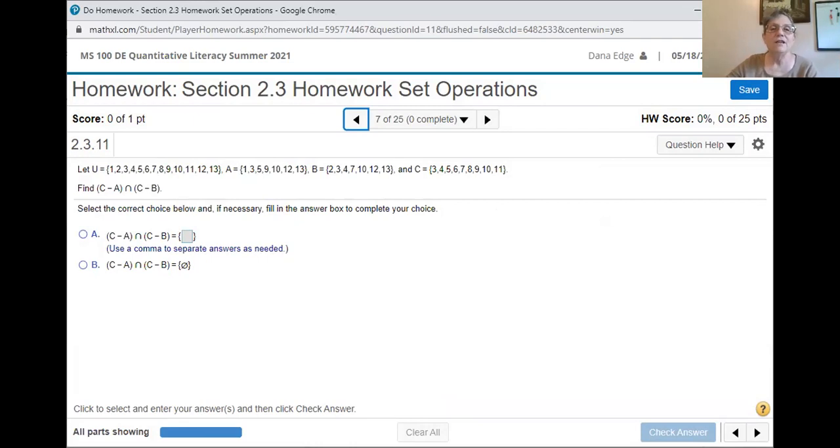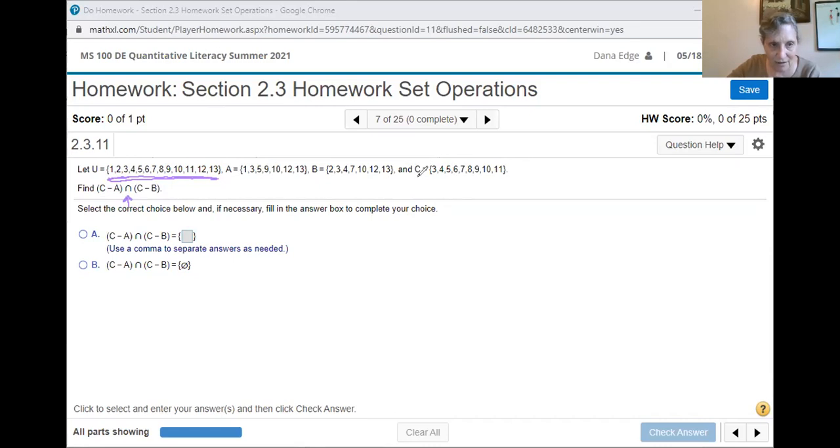Let's take a look at this problem. This one is kind of hard because it has so many elements. The universe is all the integers from 1 through 13. 1, 2, 3, 4, 5, 6, 7, 8, 9, 10, 11, 12, 13, nothing missing. So everything from 1 to 13. A has these numbers, B contains these, C contains these. To get the intersection of C minus A and C minus B,